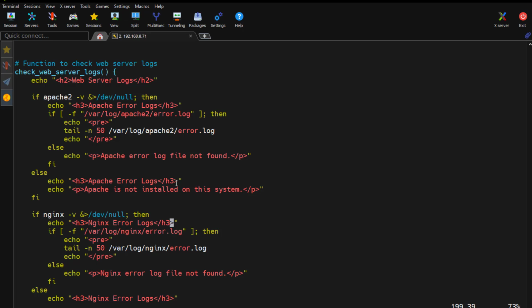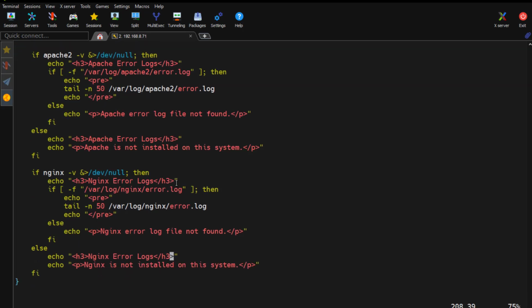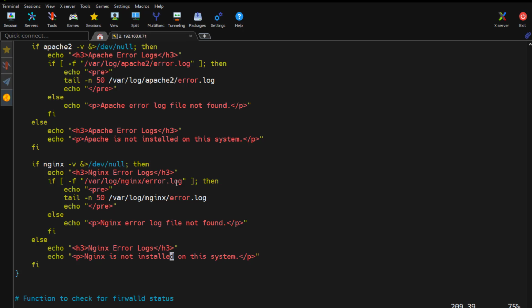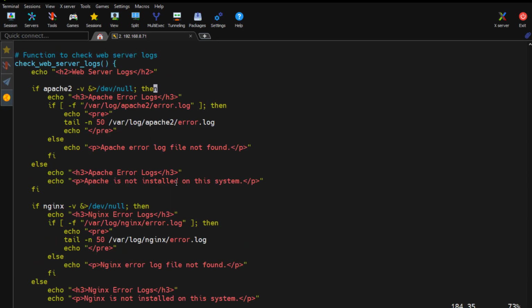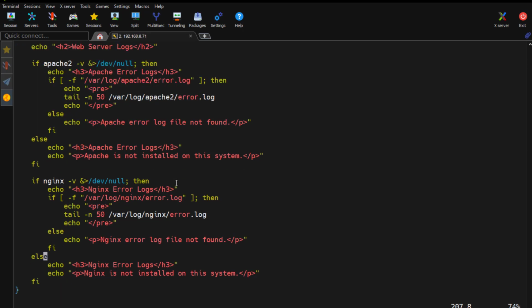And then it's gonna check Nginx, and the same, we're gonna check for the same. And if it doesn't find it, it's gonna say Nginx is not installed on this system. You can put if statements here, you can put any other log file you want to check. It's up to you. So this is why I put the if statement here, so you see how the